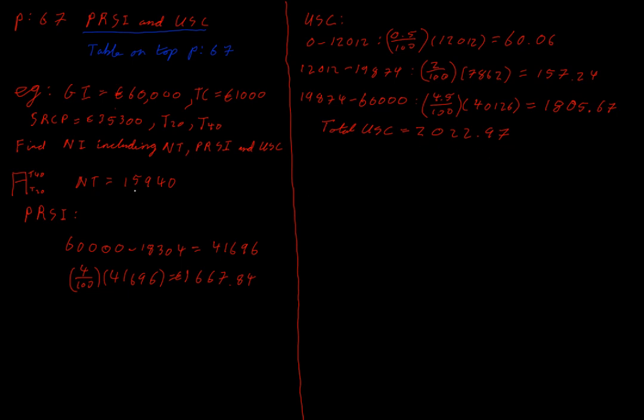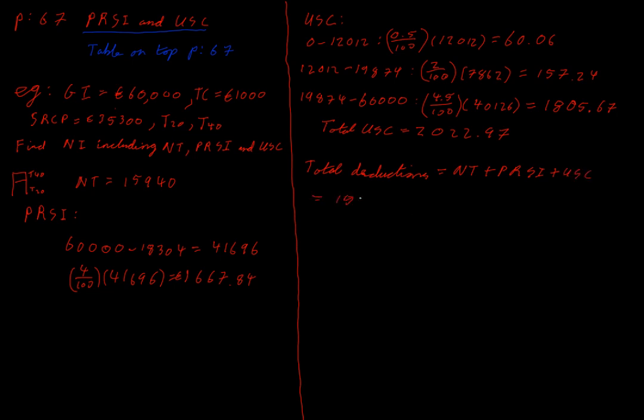Now I know my net tax, we learned how to do that the last day, I know my PRSI, and I know my total USC. So now to find my net income, I'm going to find my total deductions. Deductions just means stuff we take away. So total deductions is going to be my net tax plus my PRSI plus my universal social charge,